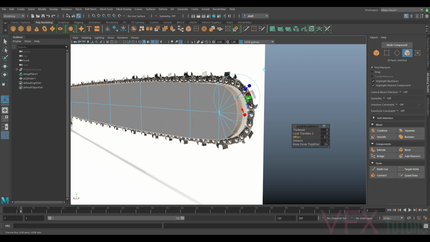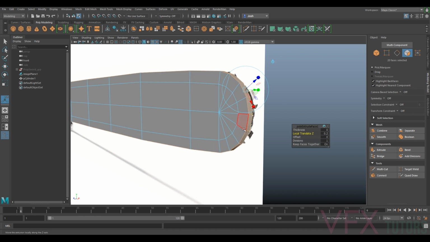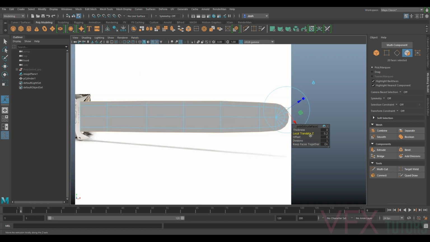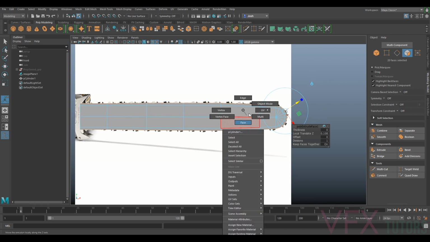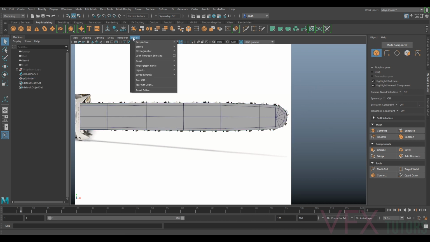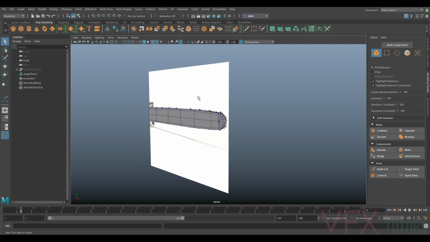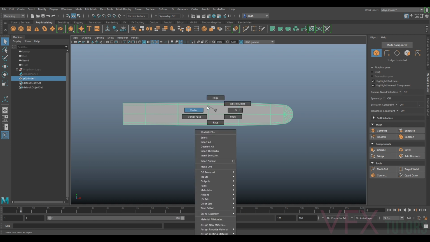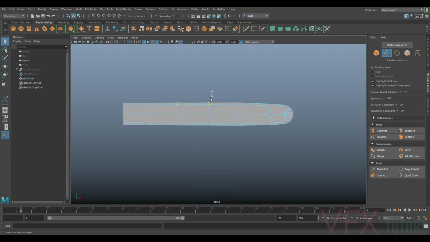You have your offset, which offsets it in the axis. But at the moment, we only need the local translate, because all I'm going to do is sort of fake this chainsaw blade bit. So you can either use the local translate or select this tool here. And yeah, we're just doing something very basic at the moment. So if I go perspective, and I can hide this now. We can see we've got a rough chainsaw blade. We can fix this at another time. And if we unhide our sword,